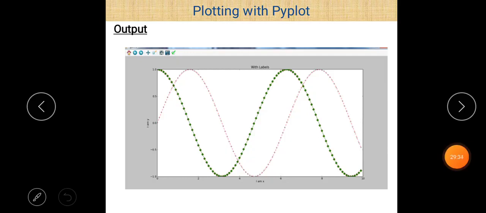Now I hope you are able to draw different line segments using the matplotlib library. So these are the different functions, different attributes, different parameter values given to the matplotlib library. So try to execute this program and give different parameter values for different lines to represent different line segments.